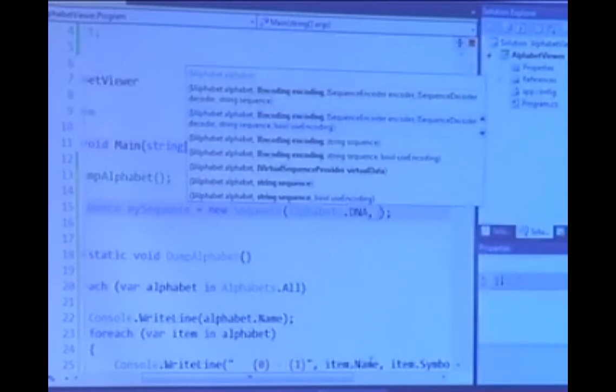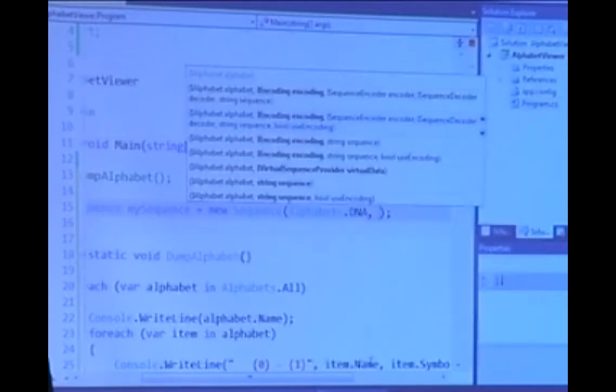So notice that there are several constructors for sequence. Okay? And so depending on the data you have available and the way that you want to internally represent it, you can pick the constructor of choice. So the two parameters that I must supply, no matter which constructor I use, are the alphabet and the string sequence itself. Okay? And so those are the two things that I have to have. All right? So what is the initial set of data that I'm loading, and what alphabet do I want to base this sequence off of?